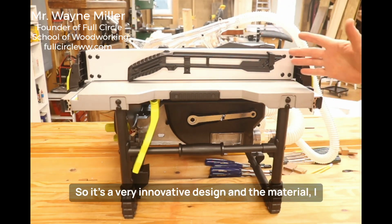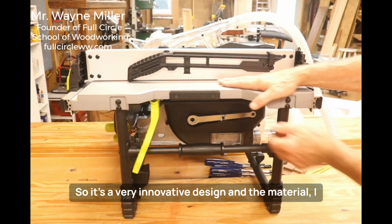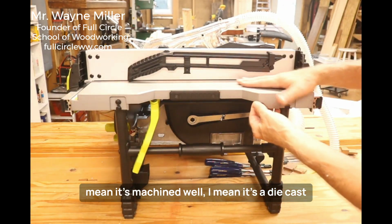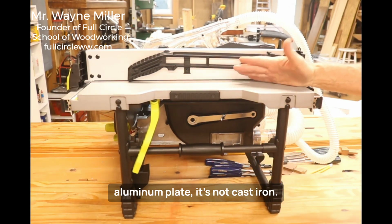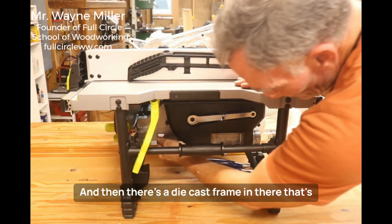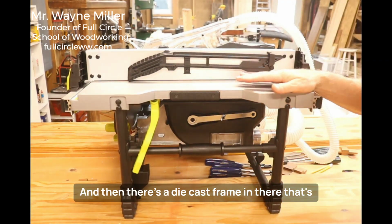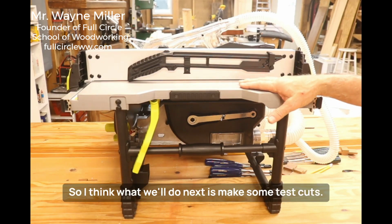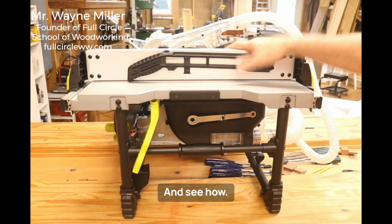So it's a very innovative design. And the material, I mean, it's machined well. It's a die-cast aluminum plate. It's not cast iron, so it's light. And then there's a die-cast frame in there that's holding the motor and the blade. So I think what we'll do next is make some test cuts and see how